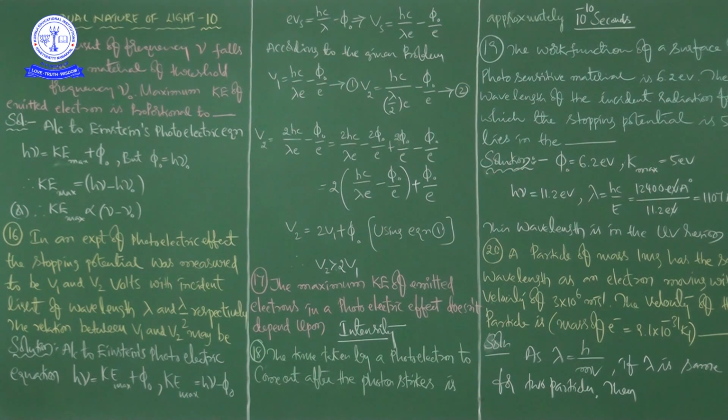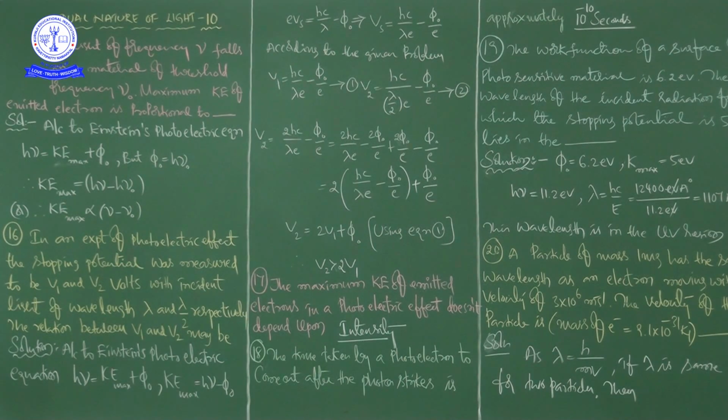This is the important thing while solving physics problems. We have to write the same expression in our own words. That is what we need to solve the problem. Here he is asking to find the relation between two different stopping potentials, otherwise two different cases of the stopping potential. That's why we have to write the same expression with Vs as the subject. So Vs is equal to hc by lambda e minus phi naught by e.